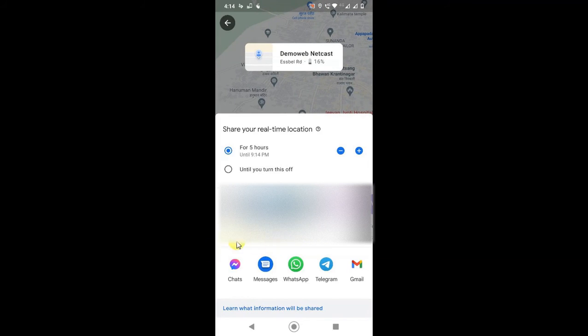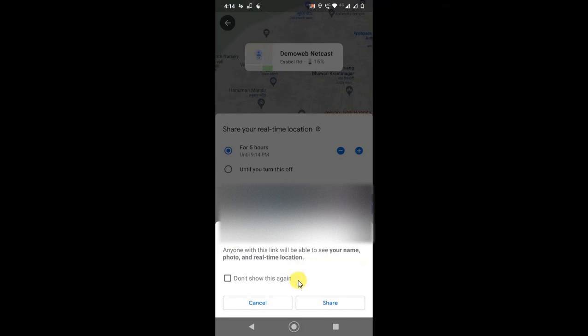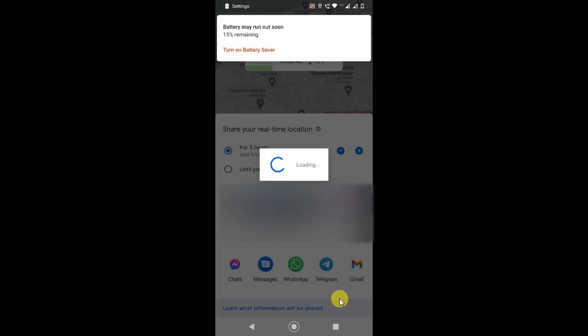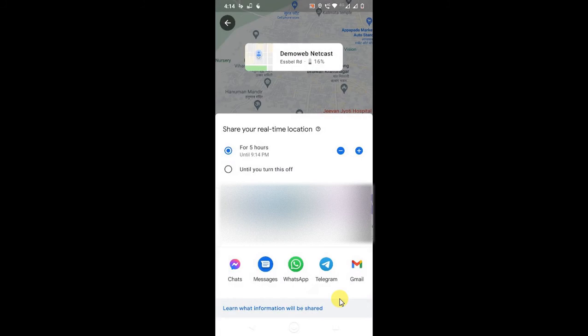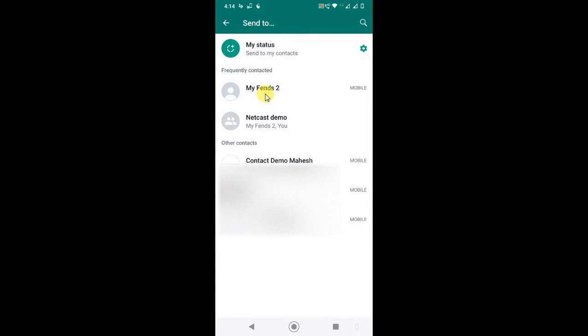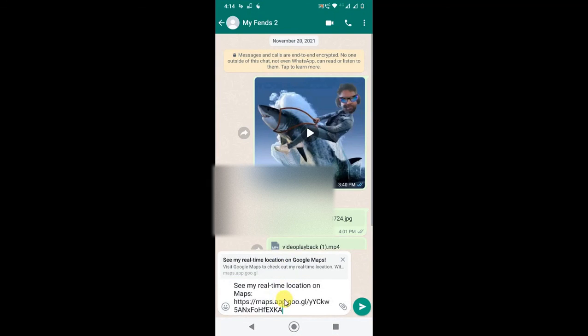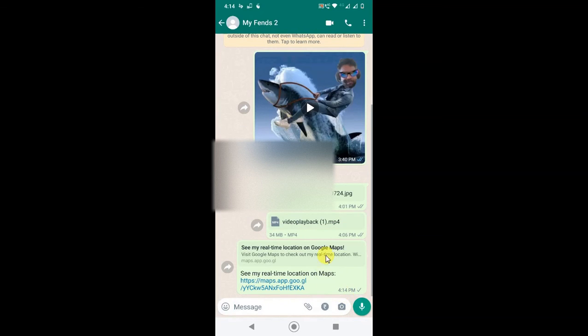Okay, here you can see my WhatsApp people, and here I can share on WhatsApp. Just click on WhatsApp and click on share. So my WhatsApp will be open. Now I have to select the people from here to whom I have to send my location, and just click on next. So my current location of Google Map